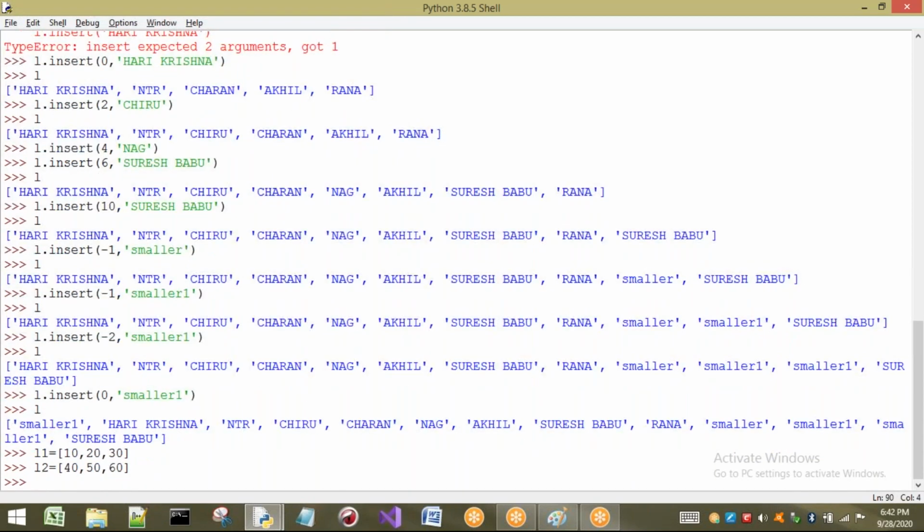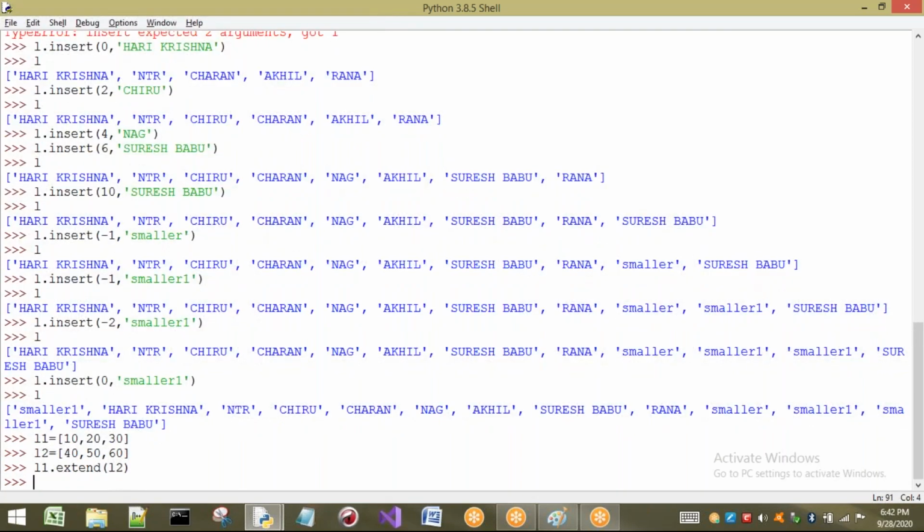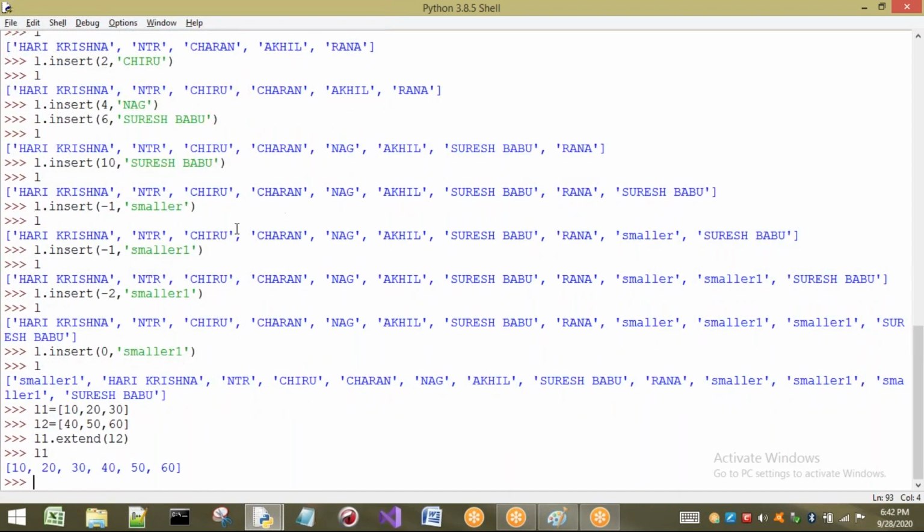Now in L1 three elements are there, in L2 three elements are there. Now L1 wants to extend: L1.extend(L2). Now see, it is not going to return anything, it is going to return None. So if I print L1, see what elements are present in L1: 10, 20, 30, 40, 50 and 60.